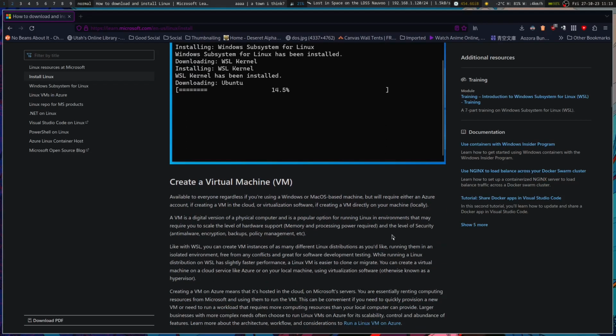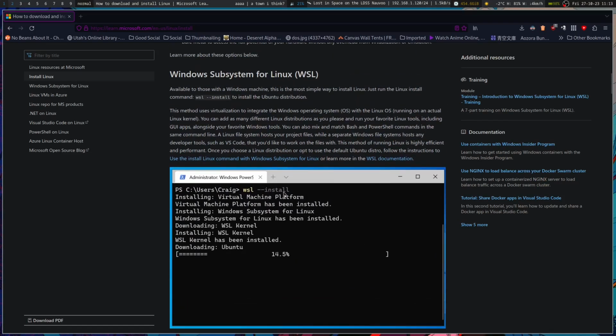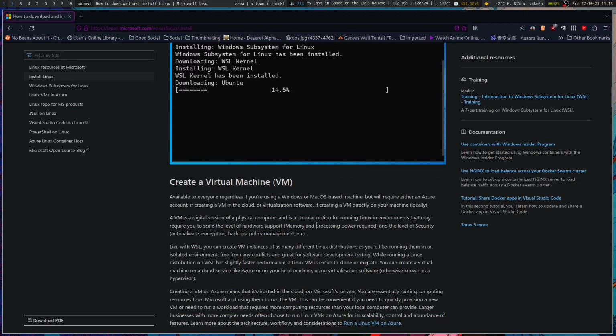But anyway, so yeah, there were a couple more options in here. Like you can put in a distro that's available after install, and it'll install that specific distro. And I think that's later on in the article, but